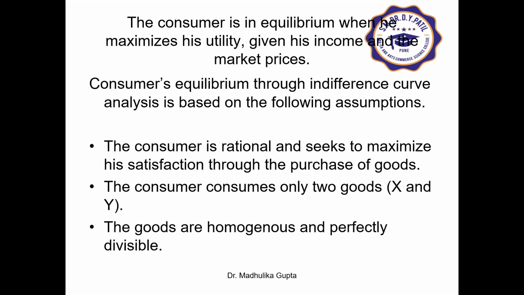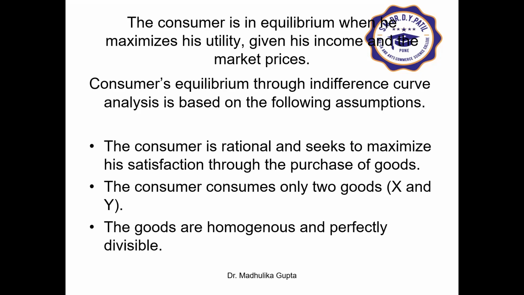Of course, we all try to attain maximum satisfaction out of the expenditure that we do. But then it should be worth the value of money. So the consumer is said to have attained equilibrium when he spends his income or budget in such a way as to yield optimum satisfaction. Assume you as a consumer and then understand things. Given the prices of two goods and the consumer preferences, in simple words, a consumer is said to be in equilibrium when he is getting maximum satisfaction out of his limited income, right? So when you're studying economics, always assume you as a consumer and think how you will behave.